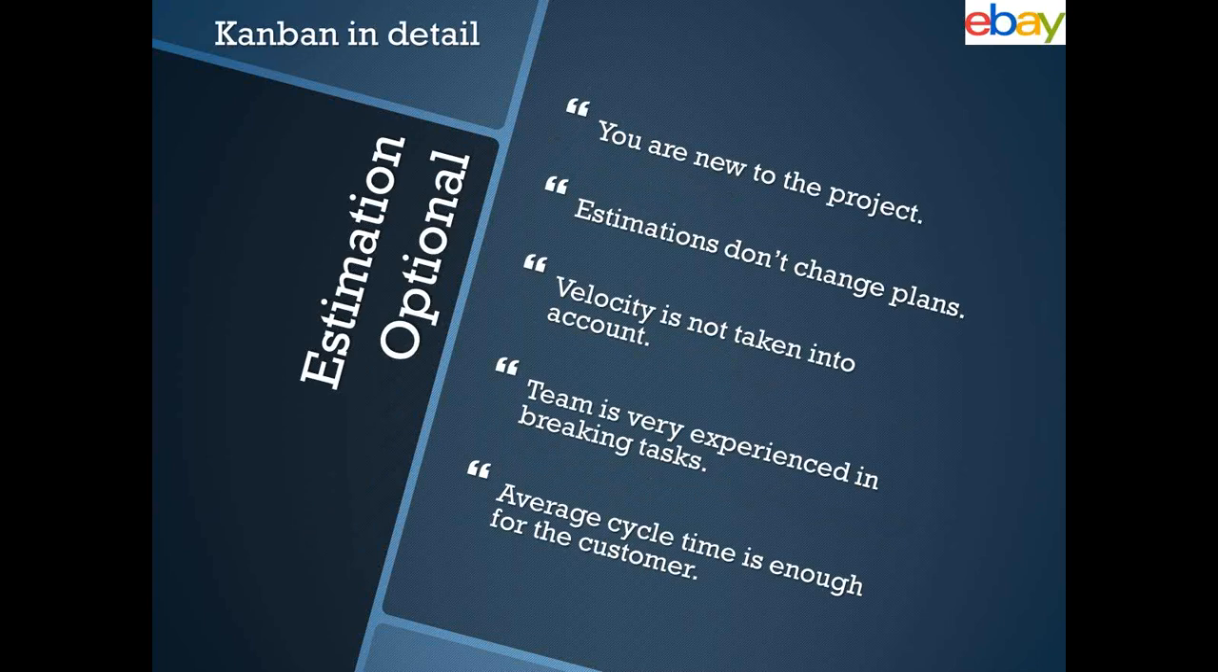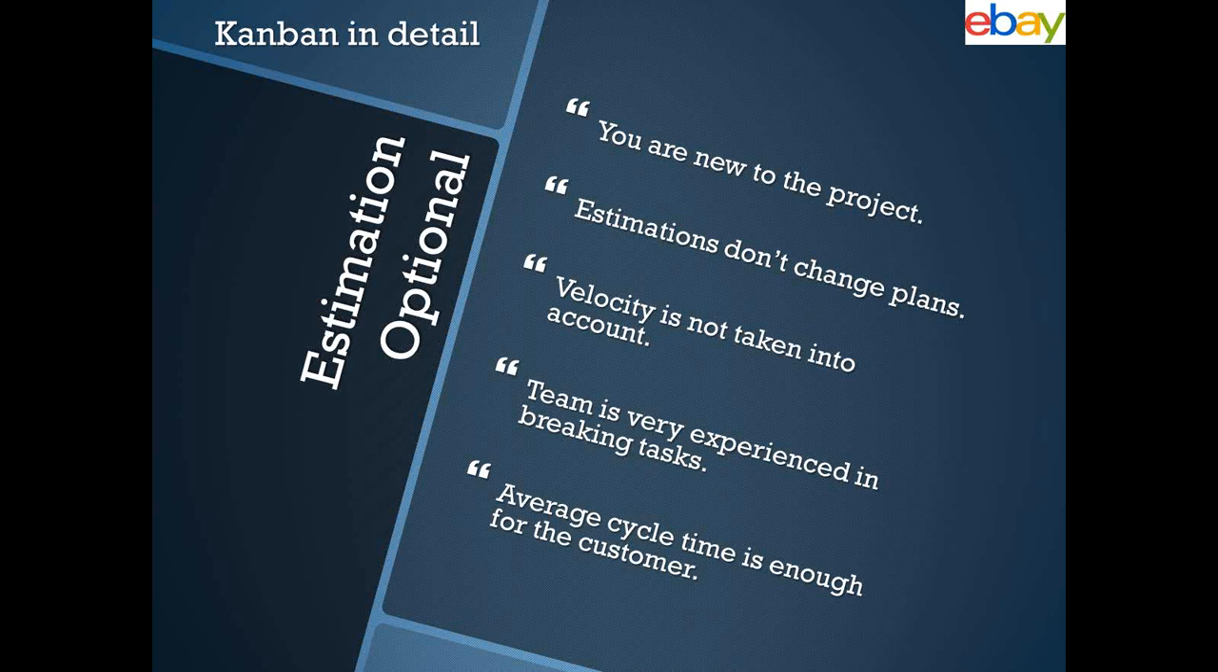Again, another strategy of Kanban is that estimation is optional. Now, estimation is optional, but there are a lot of cases in software where you have to be able to estimate and give a release time as to when you can complete any new feature. So you can opt for estimation being optional in Kanban when you are new to the project and you're not able to estimate it properly, and your estimations don't change the plan. They're not very critical to it at a particular time, so it doesn't matter if you don't estimate and you start working on it. You don't have to measure the velocity of what you're doing, and the team is very